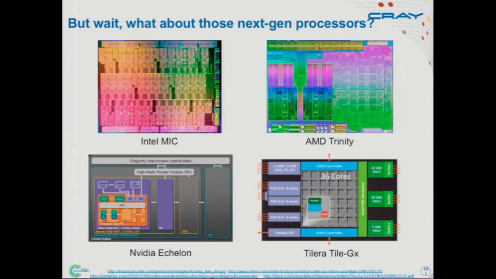So in the same way that you can specify a domain map today or a parallel iteration schedule, you can say, this is the nested block diagram I would like to use to represent an Intel MIC or an NVIDIA Echelon or something like that. And what you would say is, here's how you run a task on that sublocale, here's how you allocate memory on that sublocale, the compiler targets that interface, and suddenly we're running on those. So that's the work we've been doing currently, is basically taking a bunch of stuff that's baked into the compiler and runtime about locales and moving that out into Chapel code, much as we did the arrays and iterators.